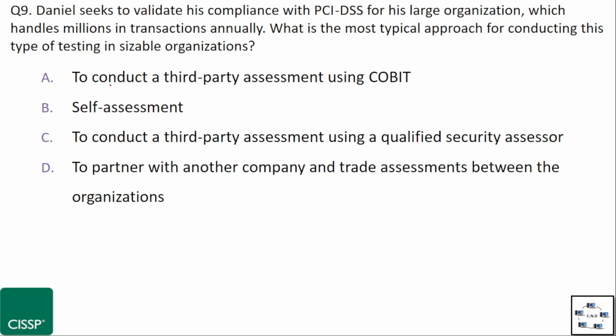The options are option A, to conduct a third-party assessment using COBIT, option B, self-assessment, option C, to conduct a third-party assessment using a qualified security assessor, and option D, to partner with another company and trade assessments between the organizations. And the correct option is,